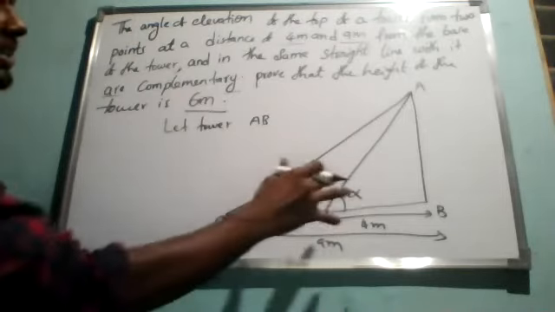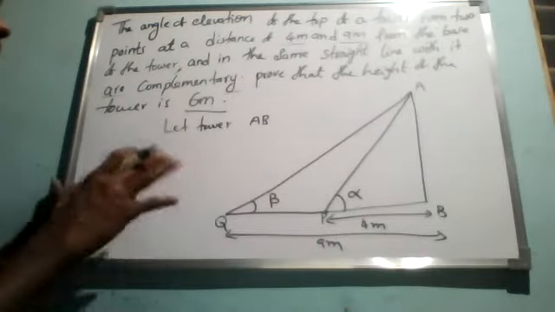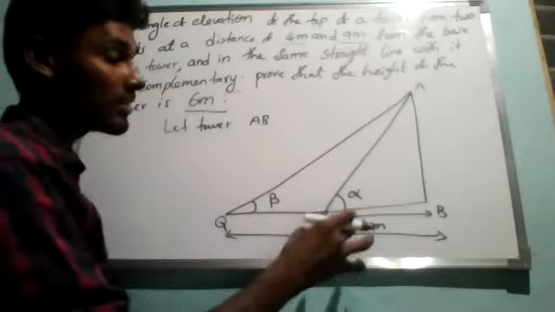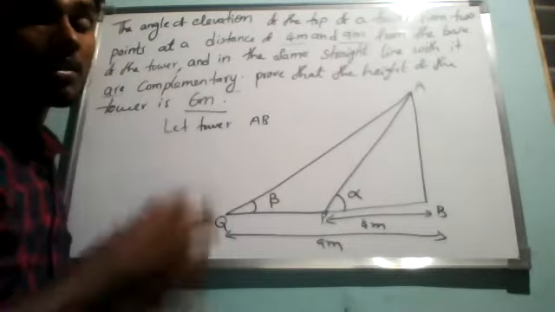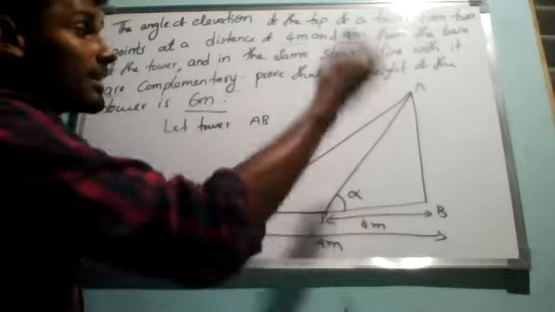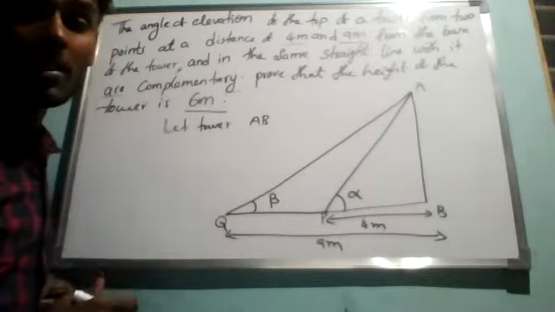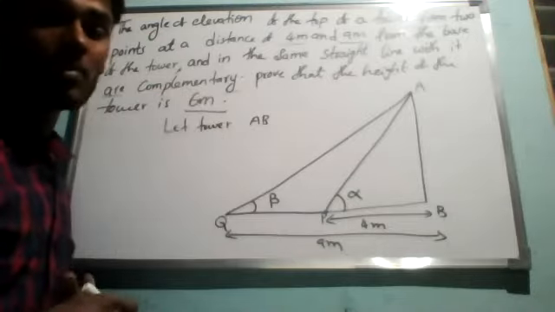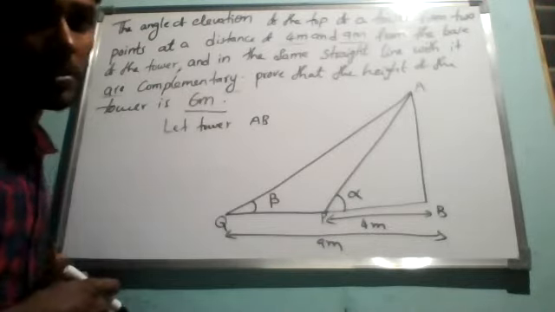We don't know these angles. If you know the angle, you can make it. But in previous questions we had calculated the distance or time. In this question we have to prove that the height of the tower is 6 meters by using some trigonometric applications. So how will we prove it? Let me see.